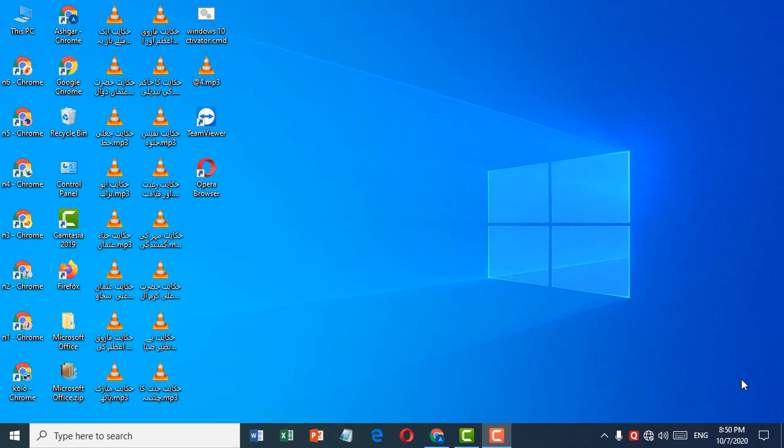Guys, today in this video I'm going to show you a Windows 10 tutorial on how to make desktop shortcuts for any program, for any folder, for any website. There are a couple of ways to create a shortcut in Windows 10. The easiest method: